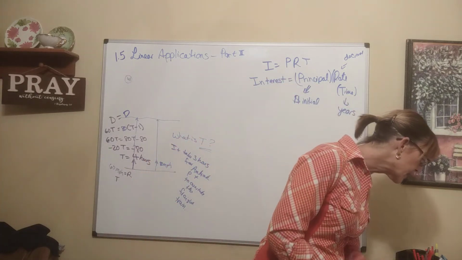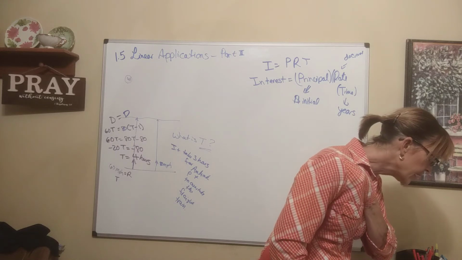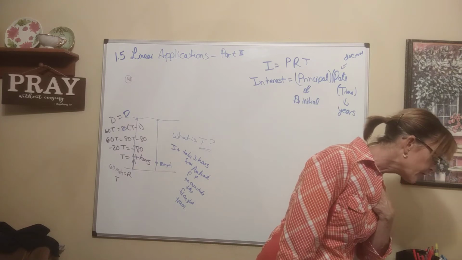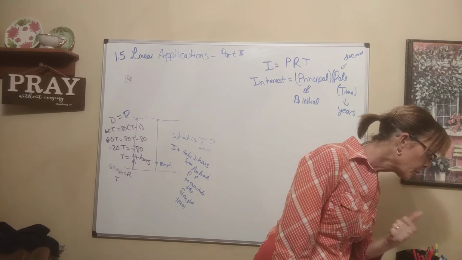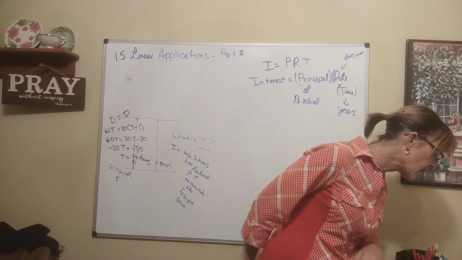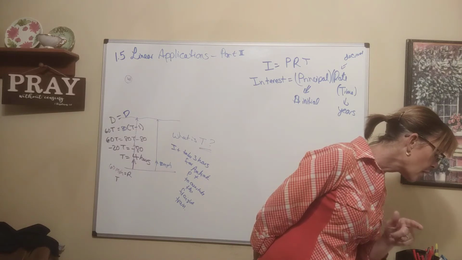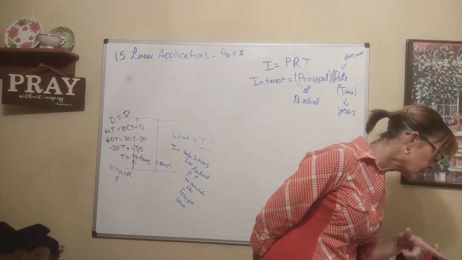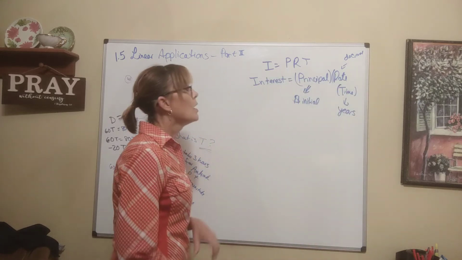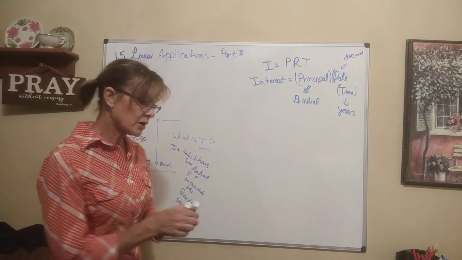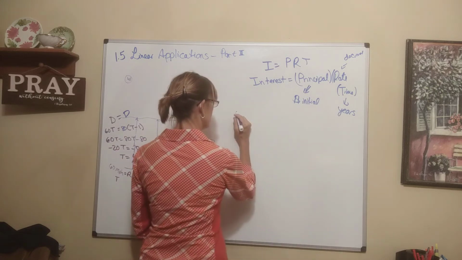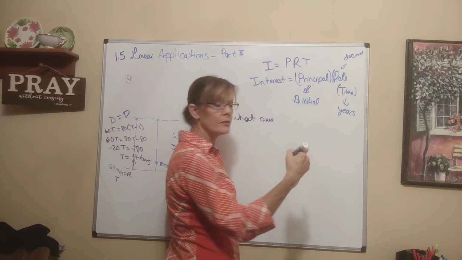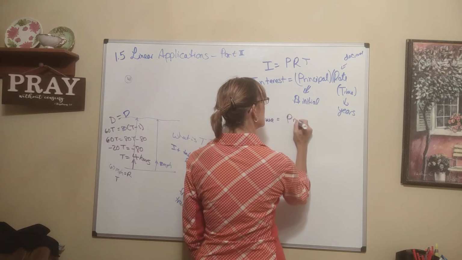So let's read this problem. Let's do number 35. And it says, Kaya borrowed money from her father at 5% simple interest to help her pay her tuition at Wellington Community College. At the end of 1 year, she owed a total of $1,365 in principal and interest. How much did she borrow? So what you owe, this is an important concept. What you owe at the end of the loan is the principal